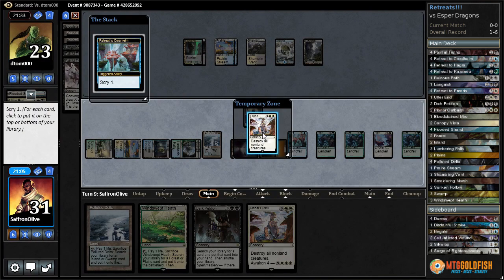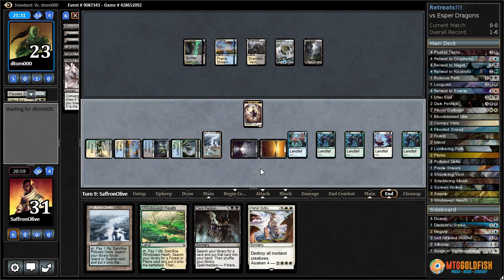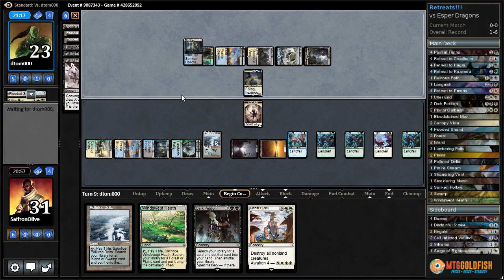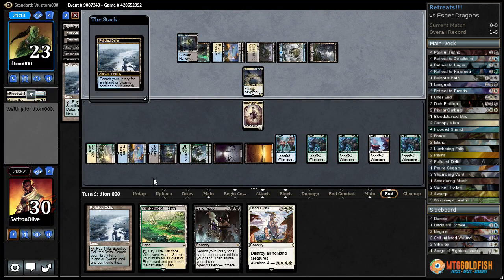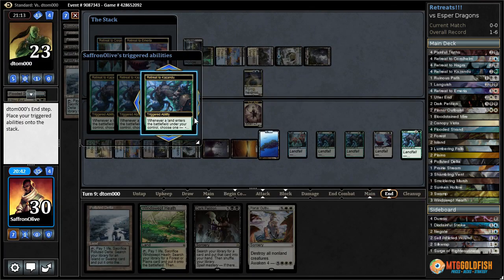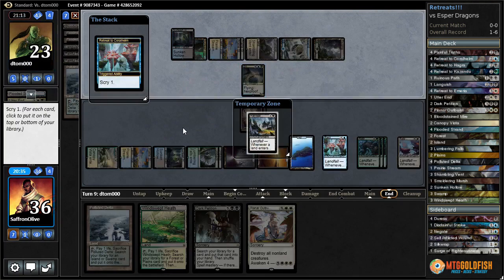Planar Outburst. Yeah. I think we need to put that to the bottom for now. We already have one. And our opponent doesn't seem to have too many creatures. Slumgar the Drifting Death. Yeah, let's sacrifice this. Island. Scry. Make a 1/1. Gain. We could be putting counters on our creatures, but I think the plan...